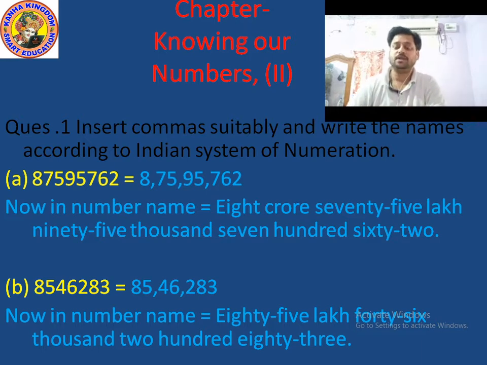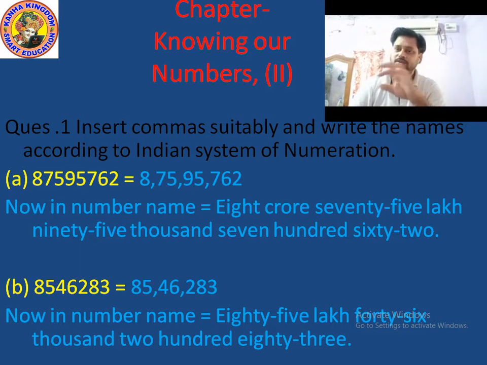So which digit is in the ones place? See the right hand side of this number. The right hand side digit is 2. So 2 is in the ones place, and after 2 comes 6. So 6 is in the tens place, and after 6 comes 7. 7 is in the hundreds place. Okay, so now you make a comma,